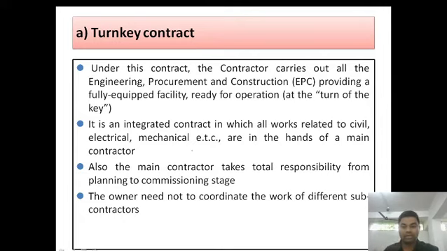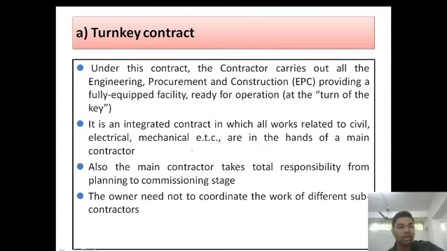The agreement is between the owner and the contractor. The owner sends all the required money to the contractor. What the contractor does is execute the building totally and hand over the key to him. The owner goes and opens the key. He finds everything according to the earlier discussions. So this type of contract is called turnkey contract.